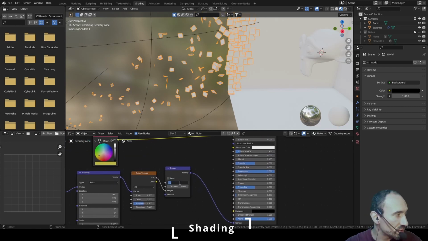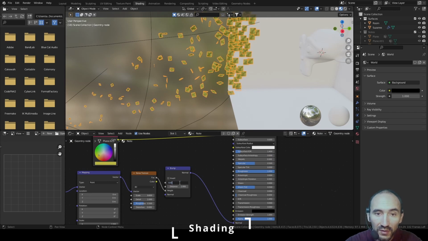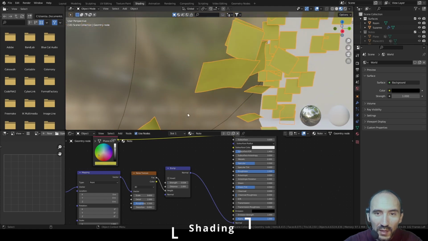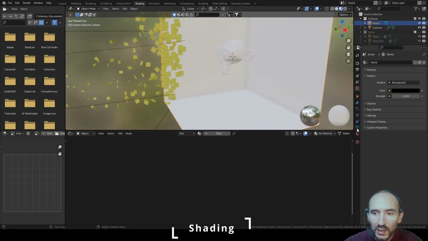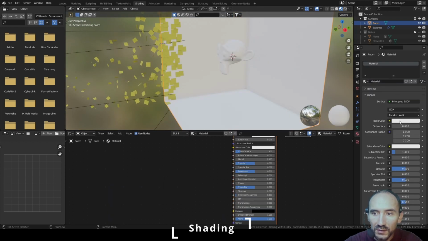Decrease the strength to a little number, 0.034, to have a little bumping effect. So we can adjust the bump effect on each node. So we can assign a simple material